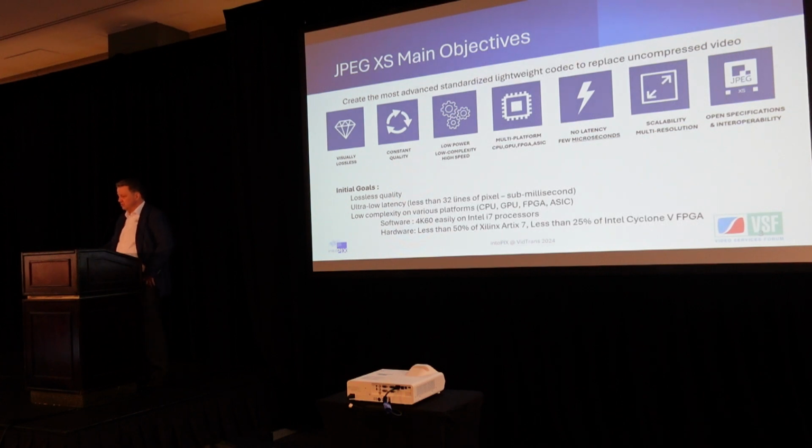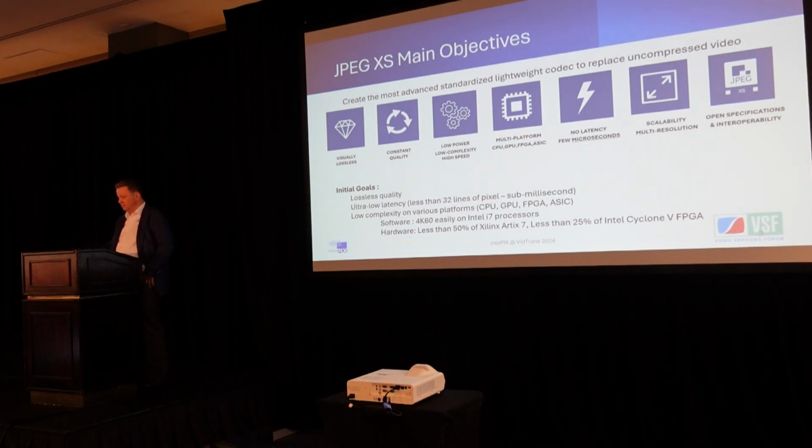Obviously, it ended up being hundreds of microseconds, but definitely less than 1 millisecond. And obviously scalability up to 4K, 8K, and beyond, as well as making it an open standard. So the goals at the bottom: pretty much achieve lossless quality, ultra low latency, so it's 32 lines, definitely less than a millisecond in latency,